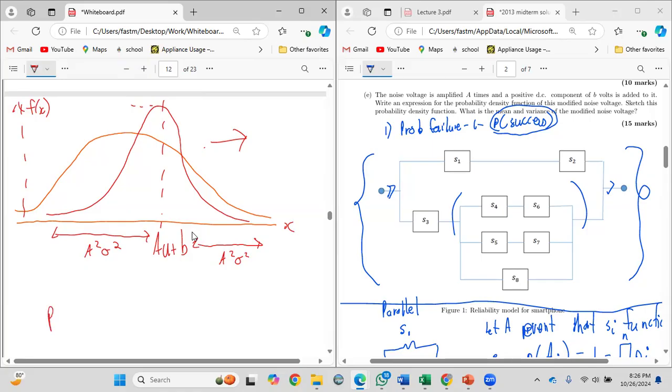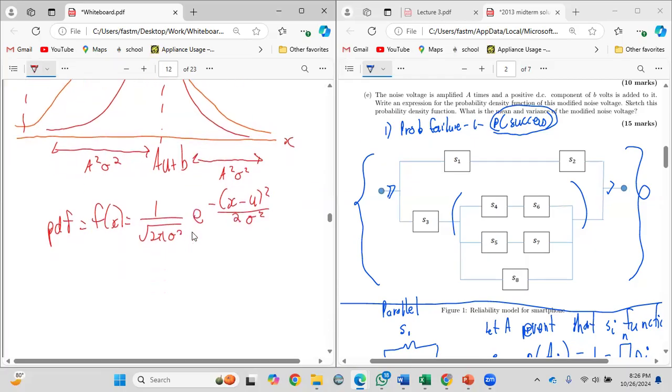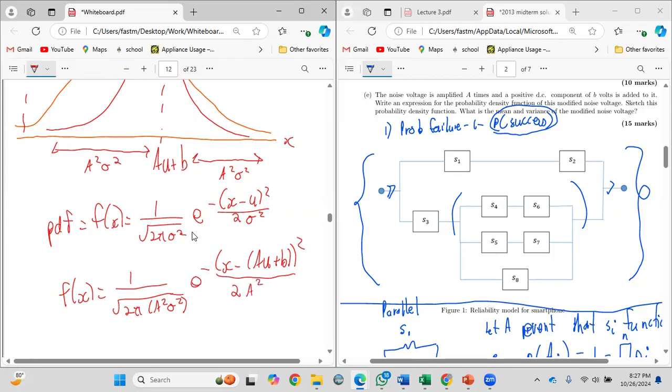And the PDF to finish it off: f of x equals 1 on the square root of 2 pi sigma squared, e to the minus x minus mu squared on 2 sigma squared. Now you know what sigma squared is and what mu is. So all in all, you end up with f of x equals 1 on the square root of 2 pi A squared sigma squared, e to the minus x minus A mu plus B, squared, divided by 2 A squared sigma squared. And that is the end of it. Alright, so